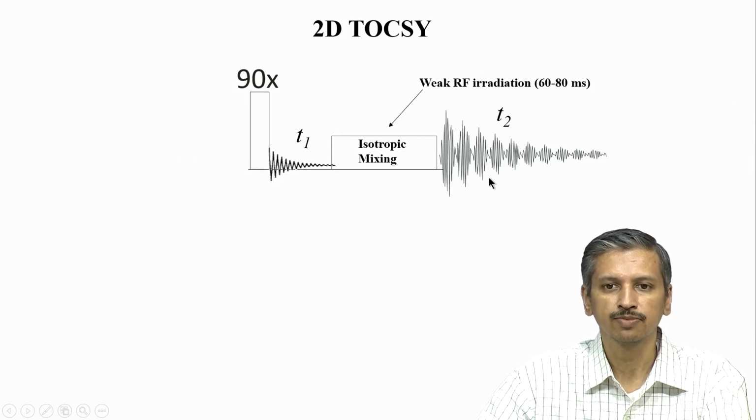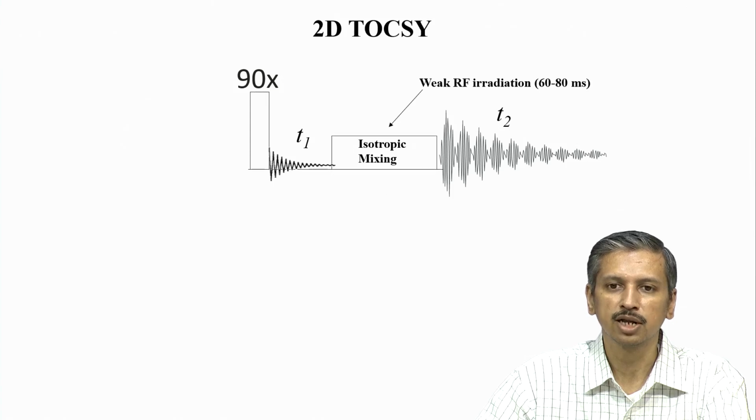If you recall in 2D COSY, we said that magnetization does not go beyond 3 bonds. So, we are looking only at 3 bond couplings, 3 bond transfer, whereas here we can actually go up to 5 bonds, 6 bonds, 7 bonds away, depending, of course, on the coupling strength and how long we apply this block. But that magnetization actually goes all the way from one proton to a far away proton, because of something which we do in this block.